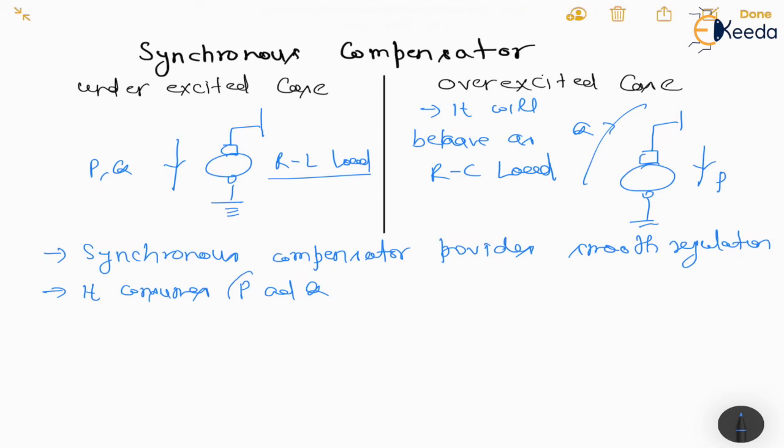So this is basically the drawback, because there is a shortage of active power. There is a problem of generating active power, and this synchronous compensator is consuming the active power, rather than if we use static compensator like capacitor and inductor. The capacitor and inductor do not consume this active power. So this is the drawback for the synchronous compensator.